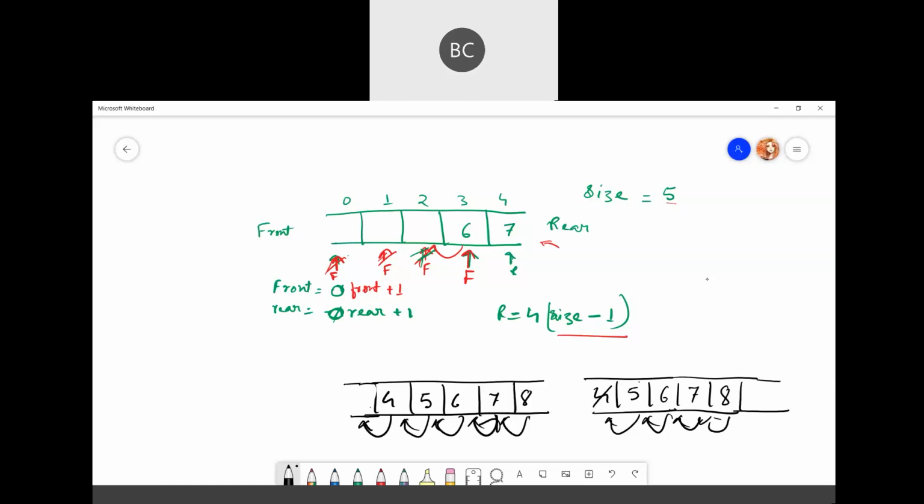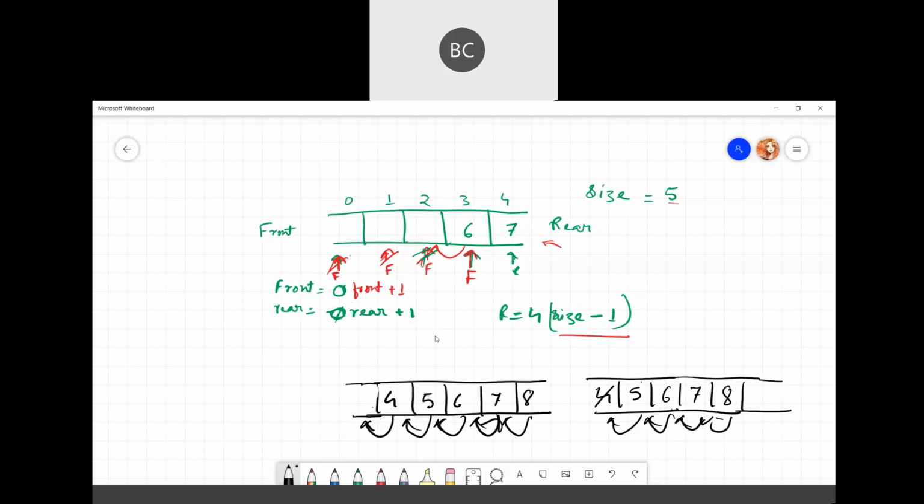Therefore, to solve this problem, we have the circular queue. So what is a circular queue? In a circular queue, what happens? The rear, after the last position, will point back to the front again.